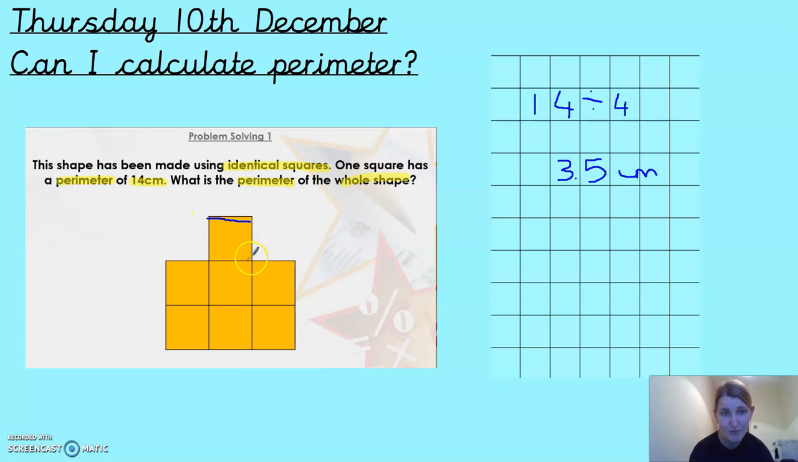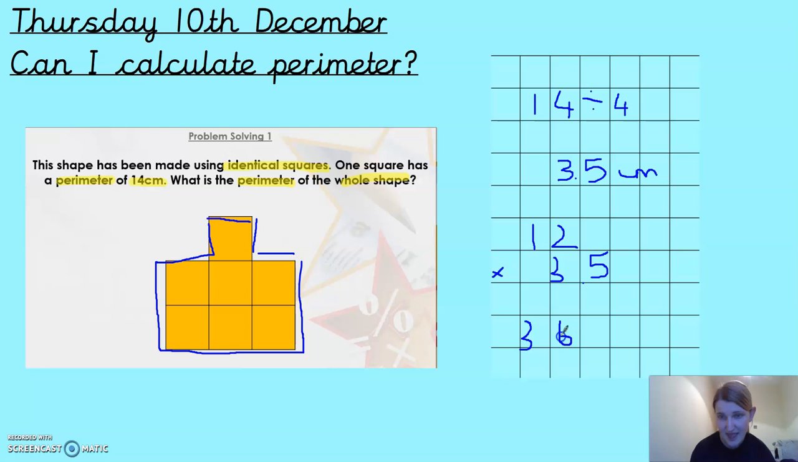I now need to see how many of those sides there are. So I've got 1, 2, 3, 4, 5, 6, 7, 8, 9, 10, 11, 12. So to work out the answer, I need to do 12 times 3.5. Okay, now I'm going to break that down into 2 sections. I'm going to do 12 times 3 is 36. And then 12 times 0.5 or times a half would be 6. Add those 2 together, it's going to be 42